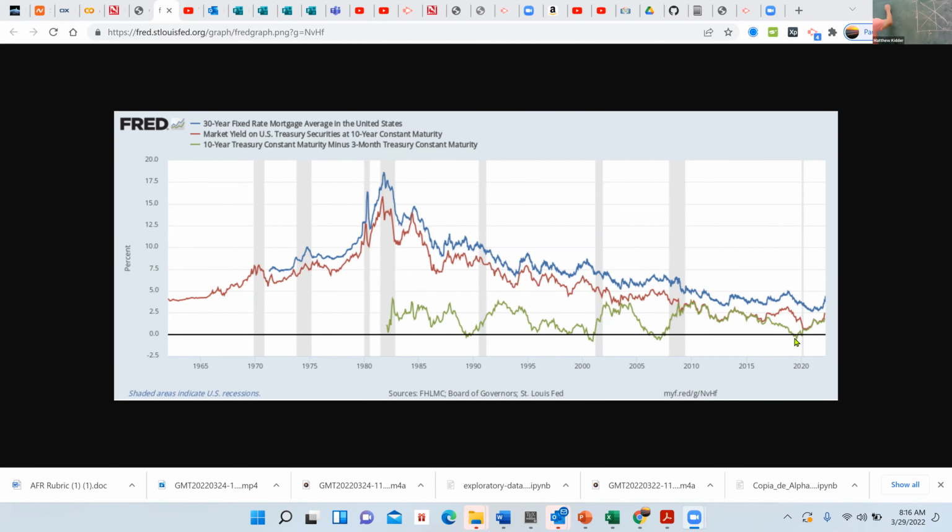A yield curve is a plot where you have maturity and the rate. So here we've got a 30-year, a 10, maybe a 1, maybe a 3-month, something like this. Typically you would expect the rate to be something like this, positive, with higher rates for longer maturities, like we talked about, right?